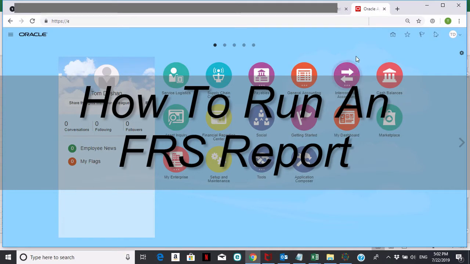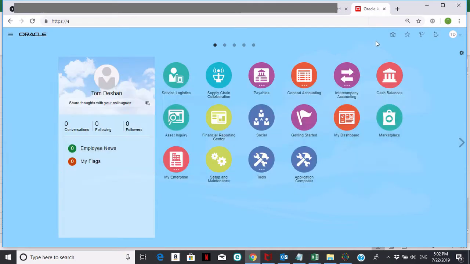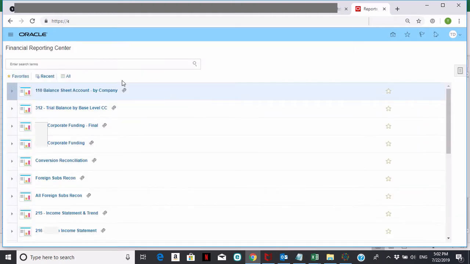With all the training sessions on General Ledger, we're starting from the home menu. From the home menu, you will see that one of the items is called Financial Reporting Center. When you click on that, Oracle will bring you to this screen that will show you reports that you've recently run, and also a search bar where you can search on the report that you want